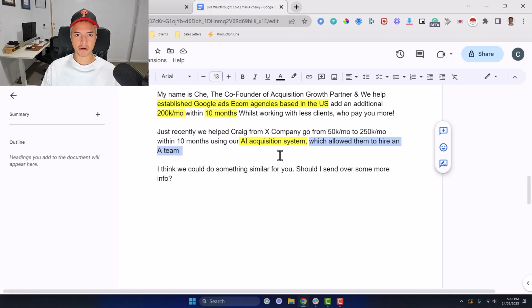I mean, I could be wrong, it might be working well for some of you that are watching this, but I always prefer just the soft call to action, making it easy for them to respond, removing a lot of the friction on their part. And then once you get a positive response to "should I send over some more info?", what would you send over?